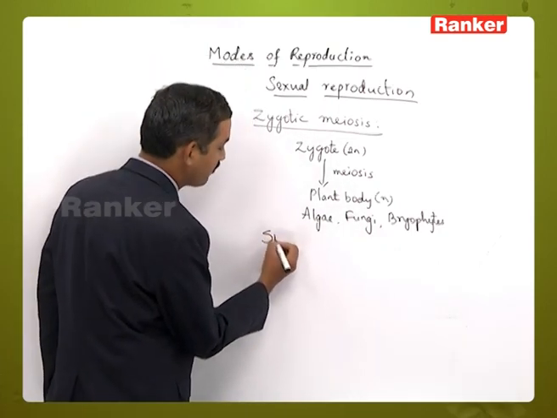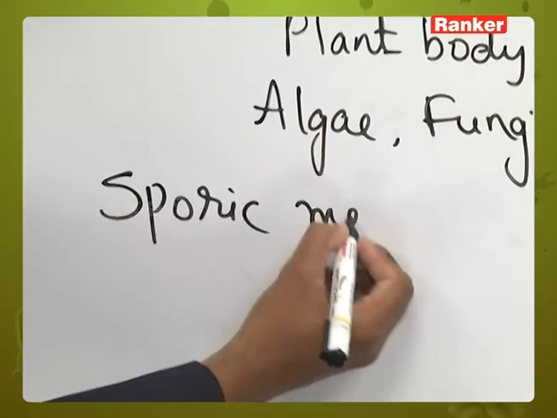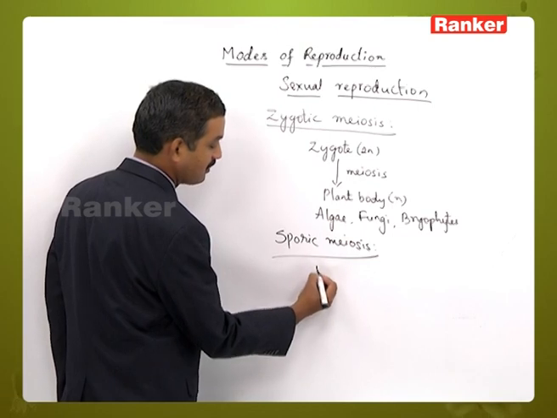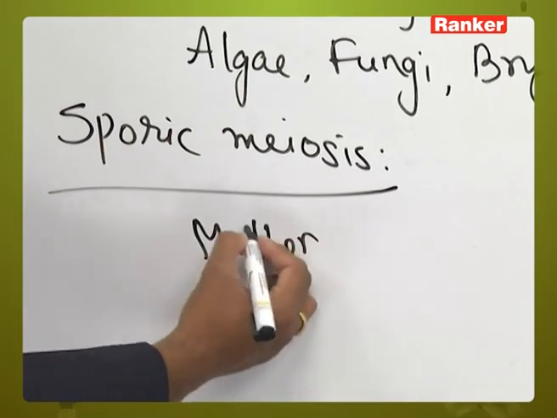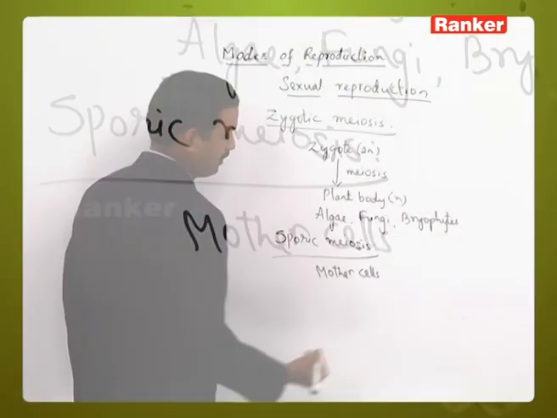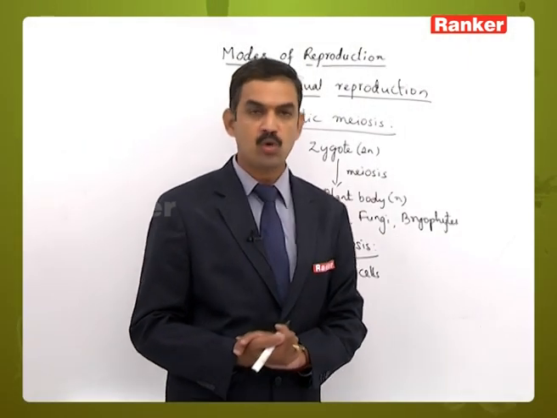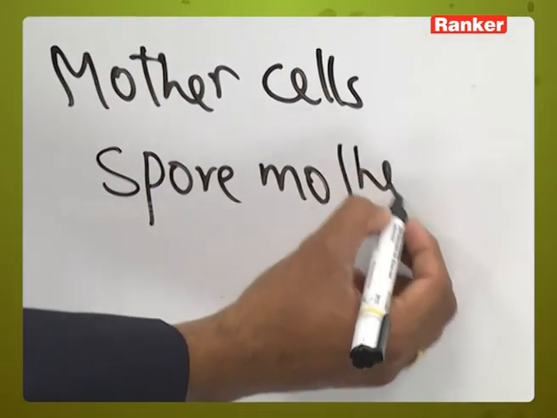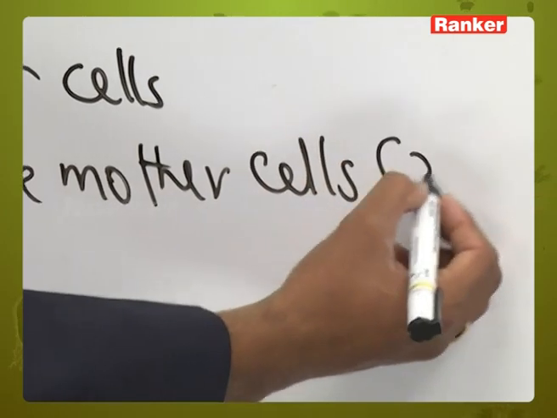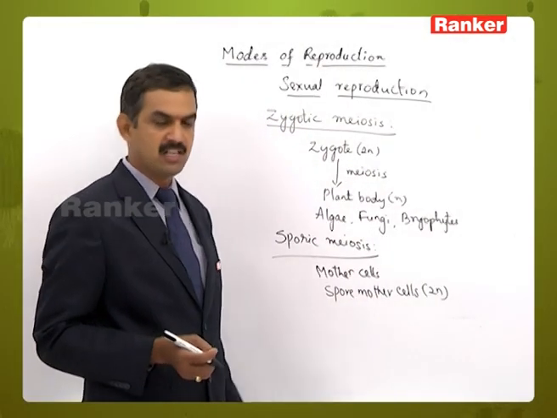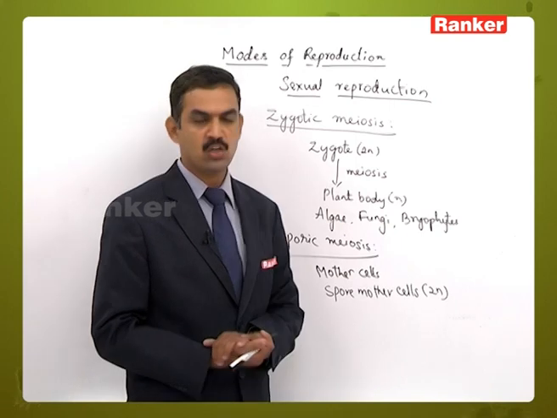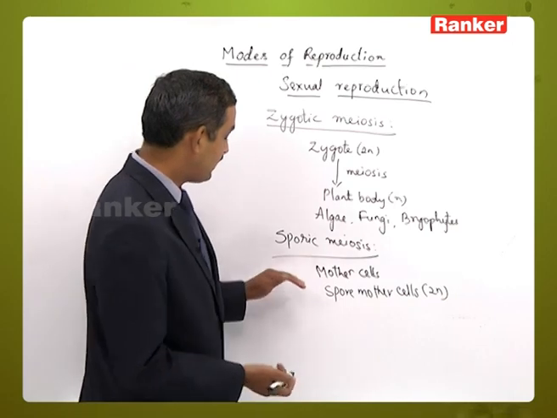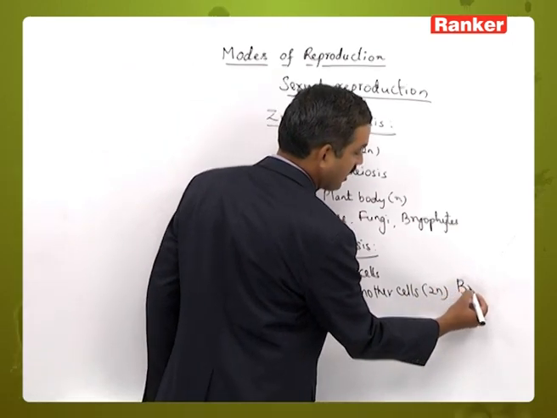And the second one is sporic meiosis. Here, as we know, mother cells are present, which we can call spore mother cells. The spore mother cells are generally diploid in condition. These spore mother cells will undergo meiosis and produce haploid spores in the life of the organism. This is seen in some of the bryophytes,